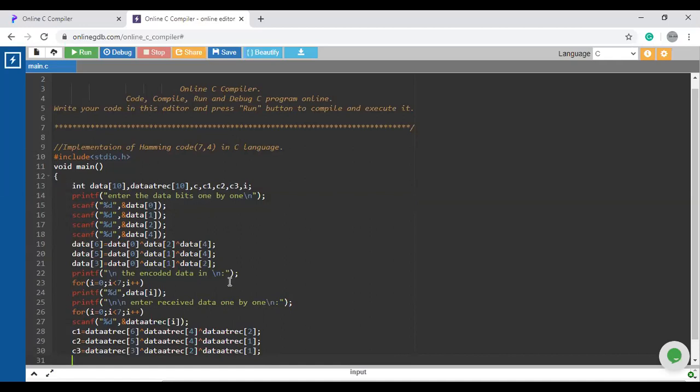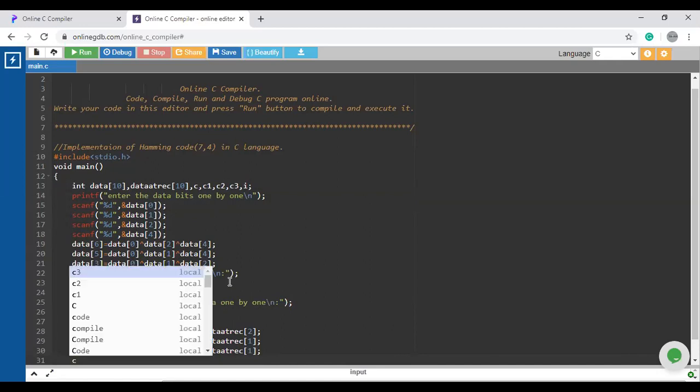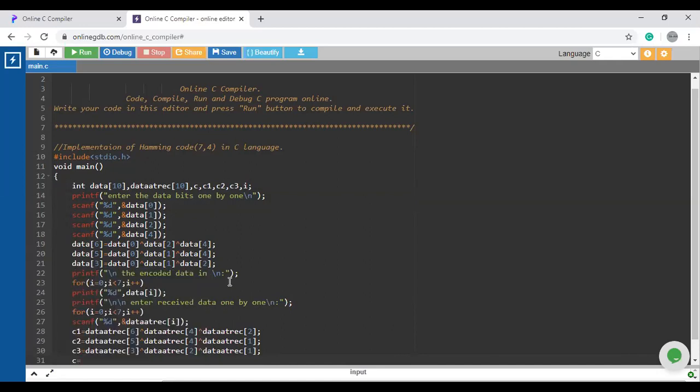So now we will calculate the complete value of the checker bits, and I can write this. C is equal to C3 multiplied by 4 plus C2 multiplied by 2 plus C1.